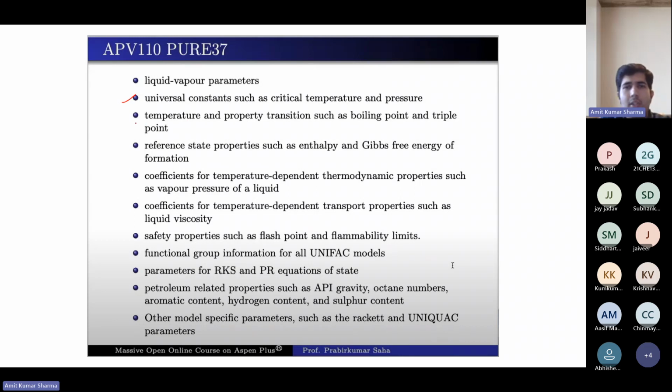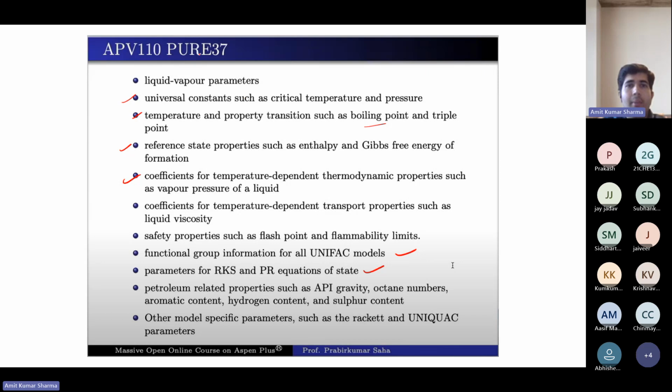Like the temperature and property transition, like boiling point and triple points, then the reference state properties, enthalpy, Gibbs free energy, then the coefficients of temperature dependent thermodynamic properties, like vapor pressure of a liquid, the coefficients for temperature dependent transport properties, then safety properties like flash point, flammability limits, then the functional group information for unified models, like parameters for RKS and Peng-Robinson equation of state, petroleum related properties like API gravity, octane numbers, aromatic content, hydrogen content, sulfur content, other model specific parameters like Rackett and unique parameters.